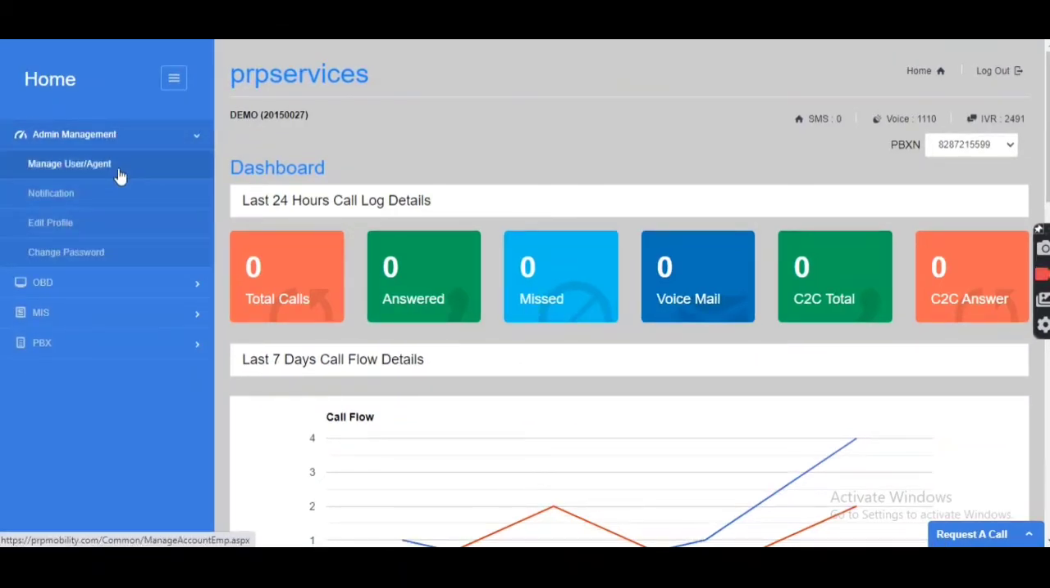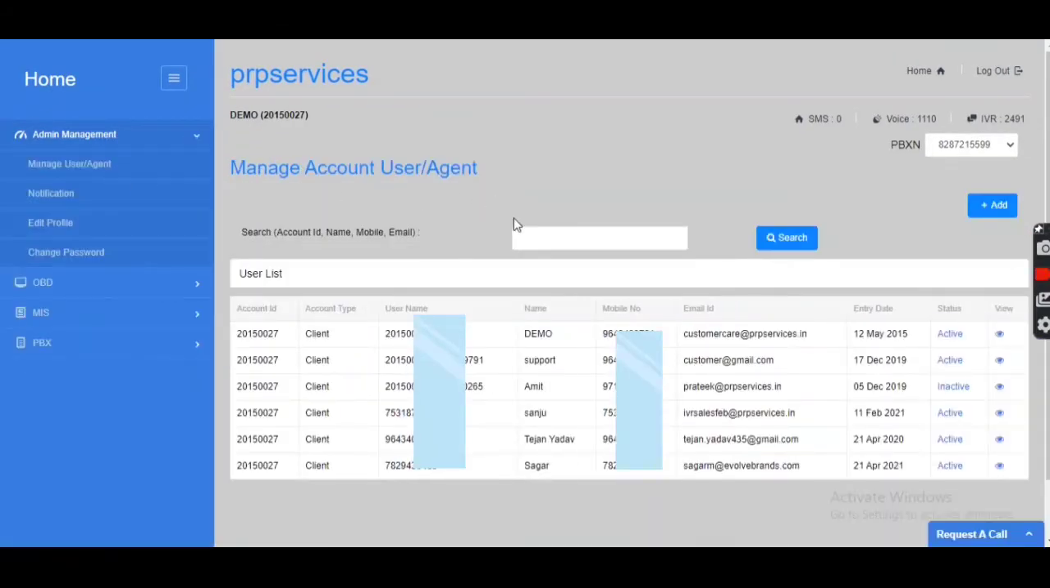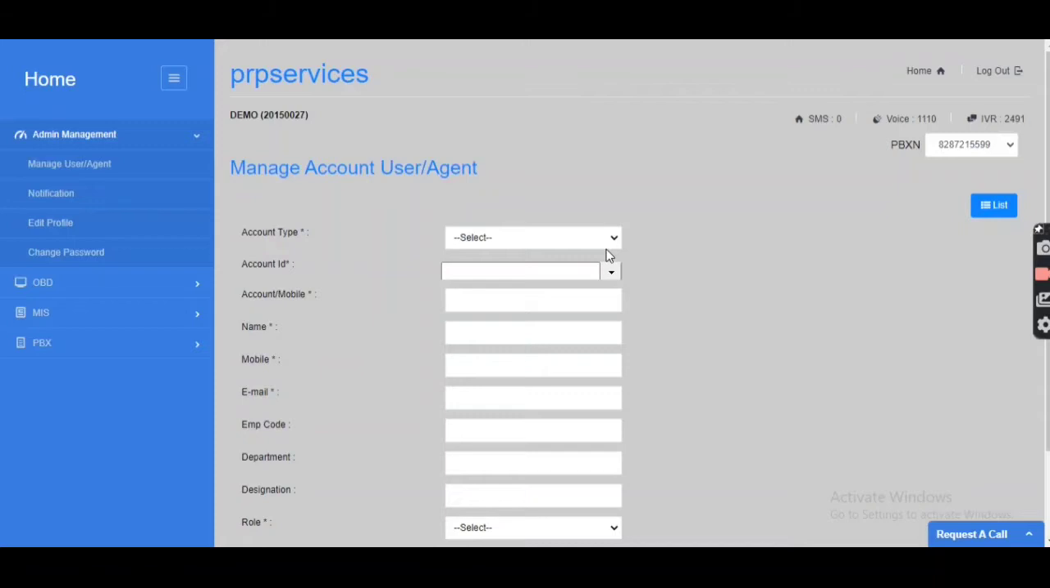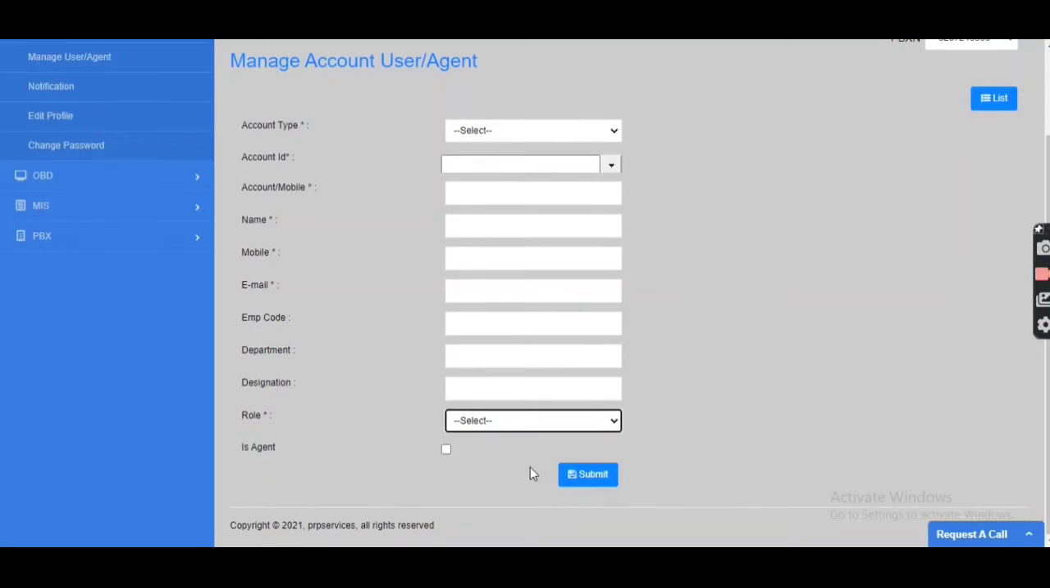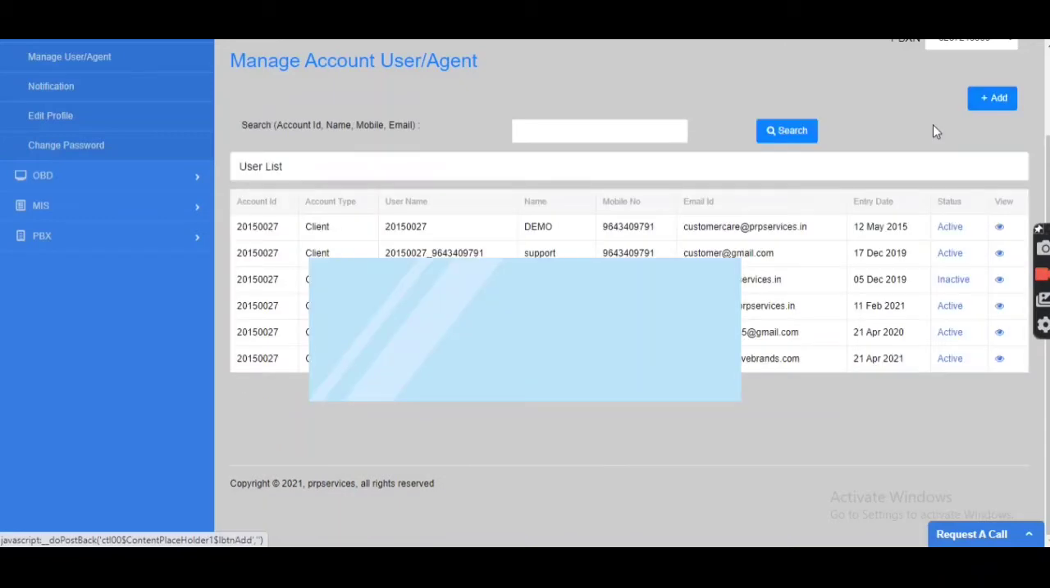Management, MIS, that means reports, and PBX. In admin management, you have the first option, manage user and agent. Here you will see account IDs, account type, usernames, names, mobile numbers, email ID, and entry date, and your status. For an agent, we need account type, that means client and reseller, your account IDs, mobile number, name, mobile, email. EMP code, department and designation are not compulsory. Then your role, client agent client, that is, and is agent is very compulsory for your agent to be displayed